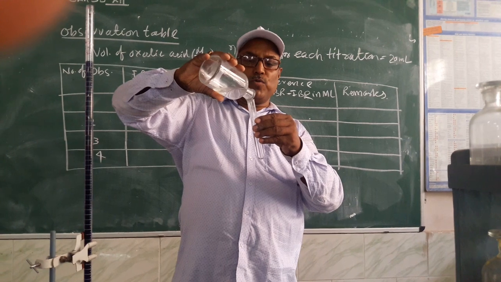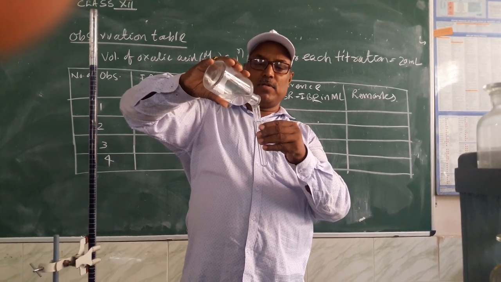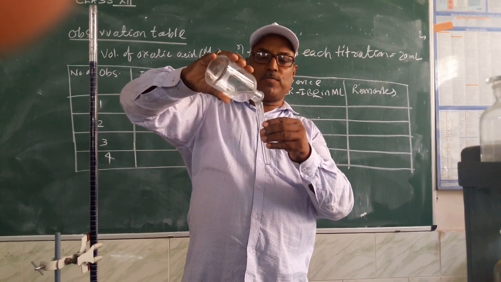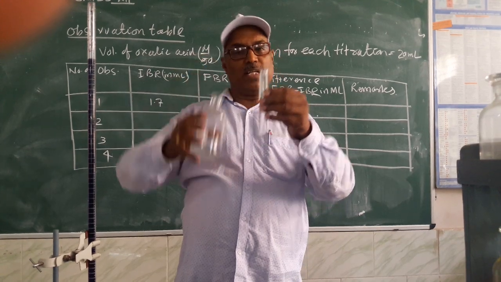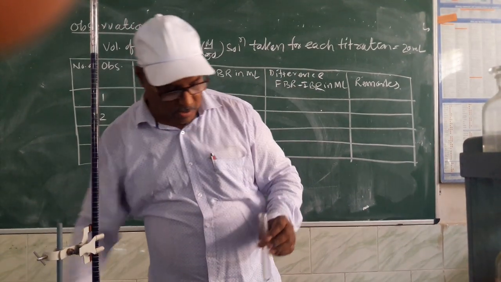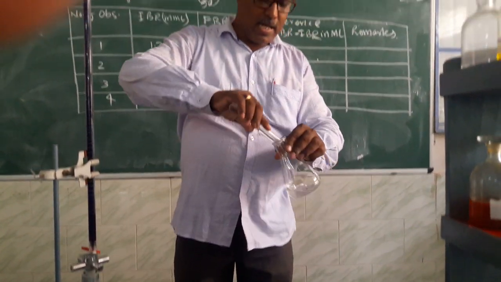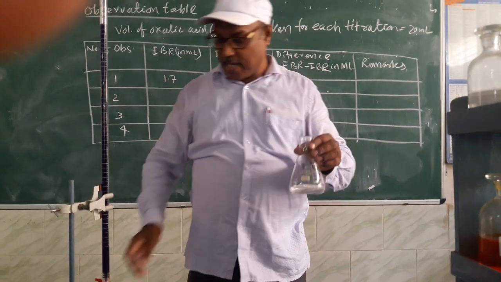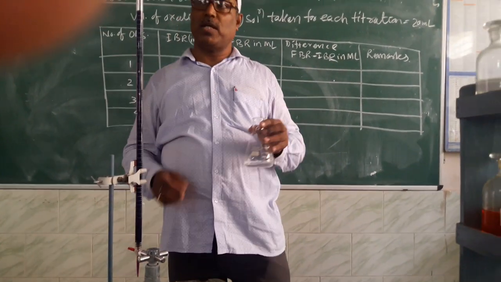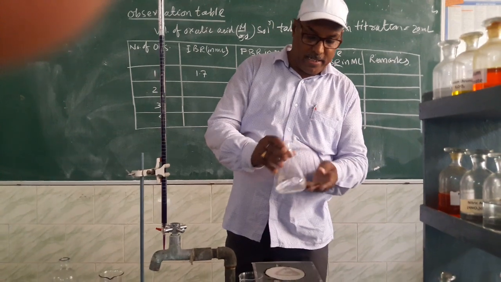And for that purpose, we do not need to take the burette's help. We just add a full test tube of about 20 ml of sulfuric acid. Okay, we will add it. And the temperature maintained here is about 60 to 70 degrees Celsius. So we have to warm it here.